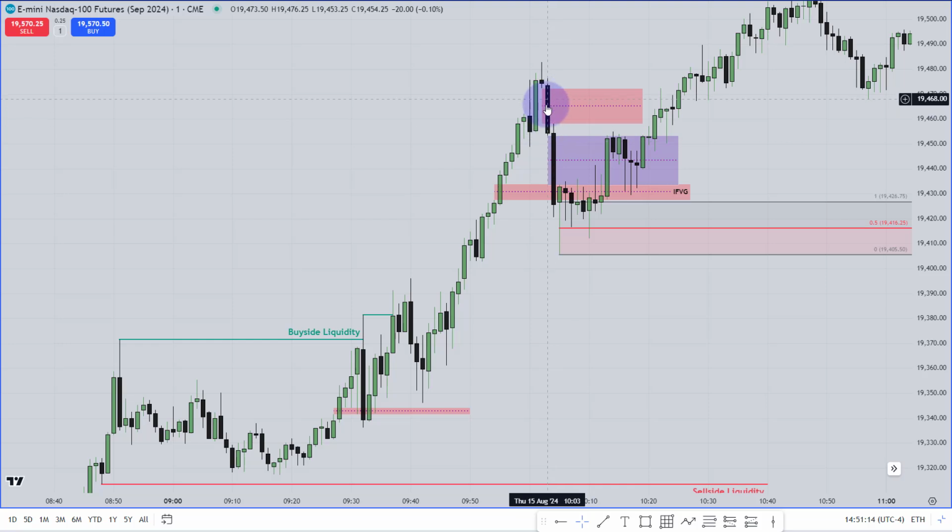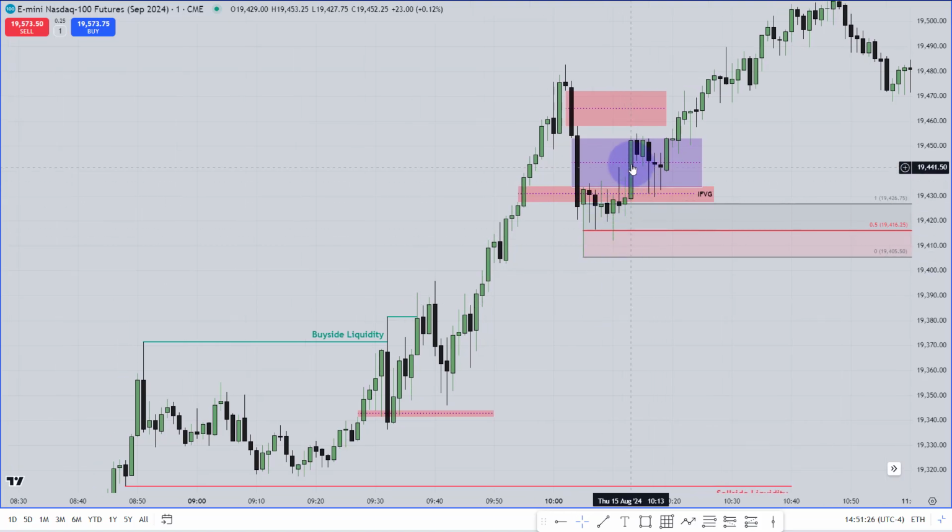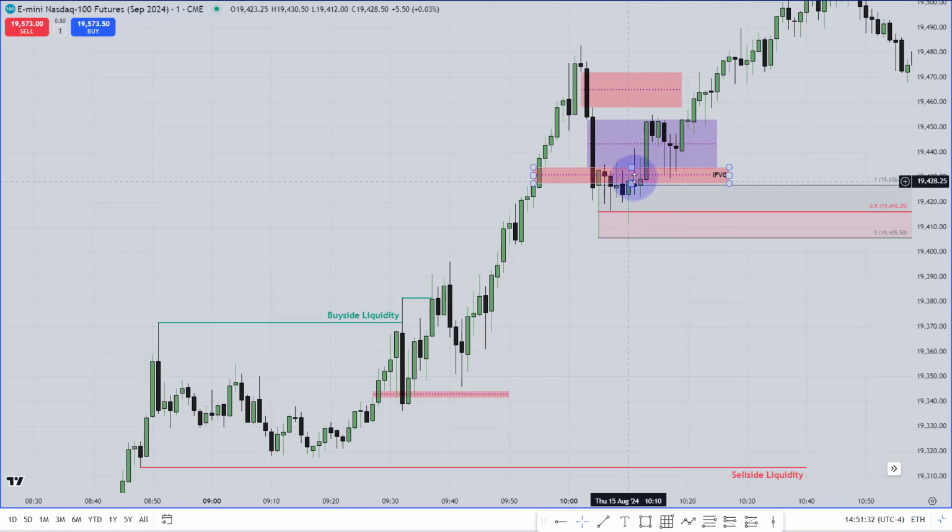Now, this is a situation the market has made where you start to think that maybe the market is going to fall, but that doesn't mean you are going to push your button. For pushing your button, the market has to meet some specific requirements. What is the first requirement? The first requirement is the body should not close above the consequent encroachment of that specific inversion fair value gap. That should be the first